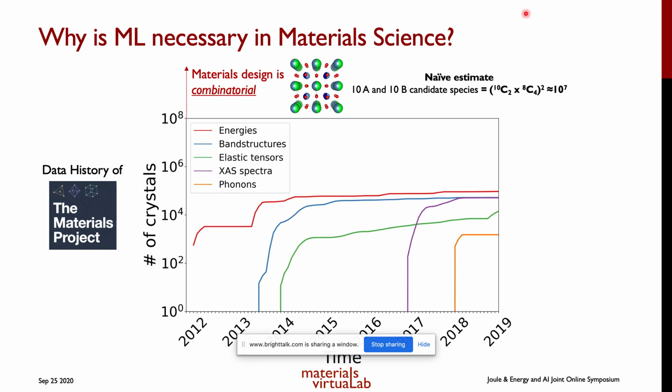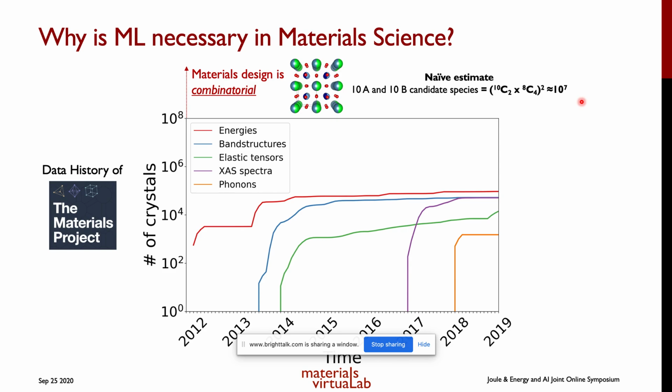So if I take a naive way of estimating the number of potential structures for, let's say, a 2 by 2 by 2 cell arrangement of a perovskite cell, and I just consider 10 A atoms and 10 B atoms, I'm already ending up with 10 to the power 7 potential crystals. And of course, this is a naive estimate. I didn't consider symmetry and all those things, but this just gives you a sense of the scale of the